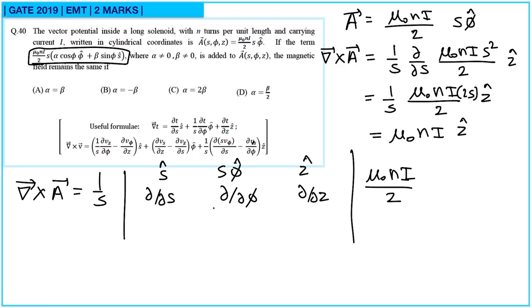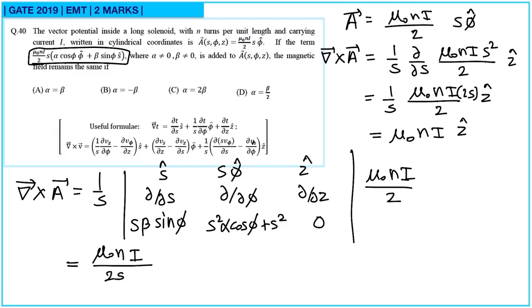So this will be s into beta into sin phi, and here it will be s square into alpha cos phi, and plus this original term, that will be s into s square, and this will be 0. So this is equal to mu naught n I by 2s into s cap into, this will be 0,